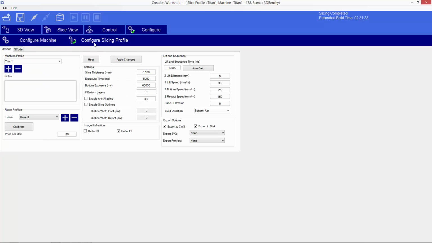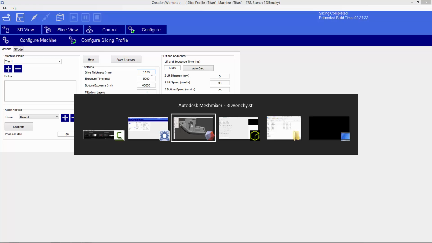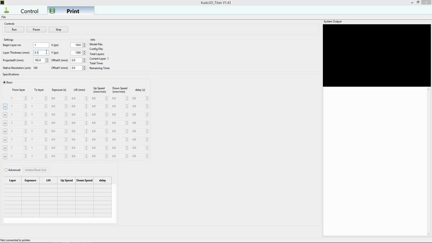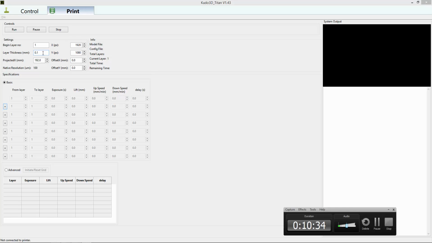Then there is the slicing profile. The slicing profile also has a whole bunch of parameters that are used when you print from Creation Workshop, but with the Titan 1, we're not going to be printing from Creation Workshop, so there are actually only a small number of parameters that matter. The slice thickness, 0.1 millimeters. This is important. This is how thick the slices are going to be, and this number has to match the layer thickness in the Kudo3D software,